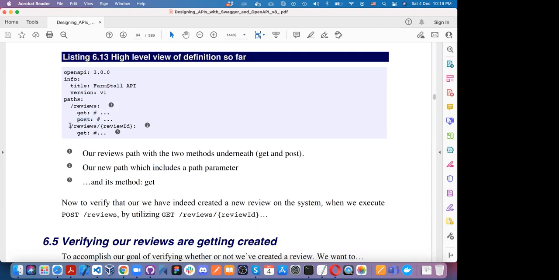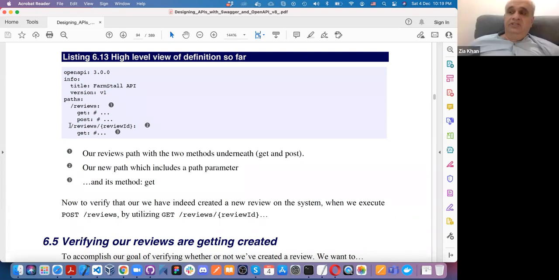Sir, when we try to POST, are we adding a new comment or fetching a single comment? We are adding a single new comment. Thank you, sir. Therefore, /reviews with GET basically gets you an array of reviews, and POST lets you add a single review.